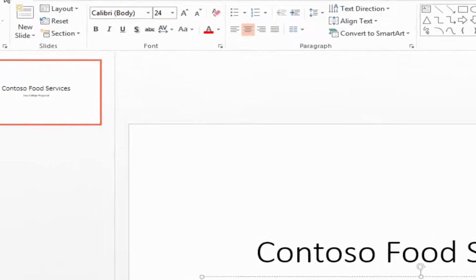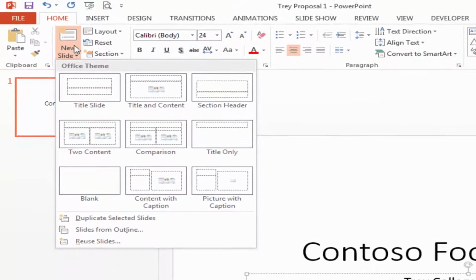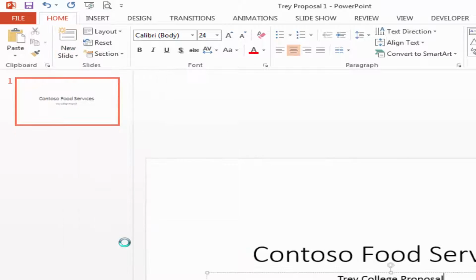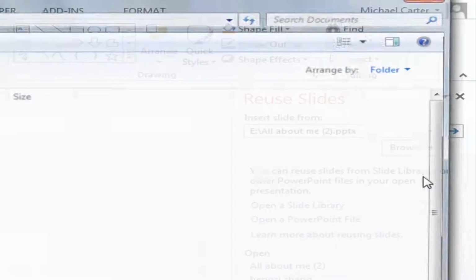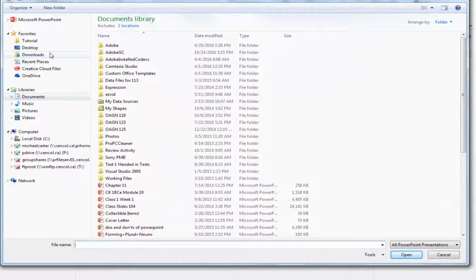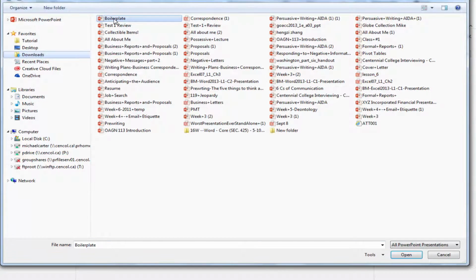And now we're going to go to Reuse Slides. Click on the New Slide drop-down arrow in the Home tab, go to the very bottom, and go to Reuse Slides. Then look for the slide presentation, the boilerplate. This is in the circling back files. I downloaded the boilerplate,